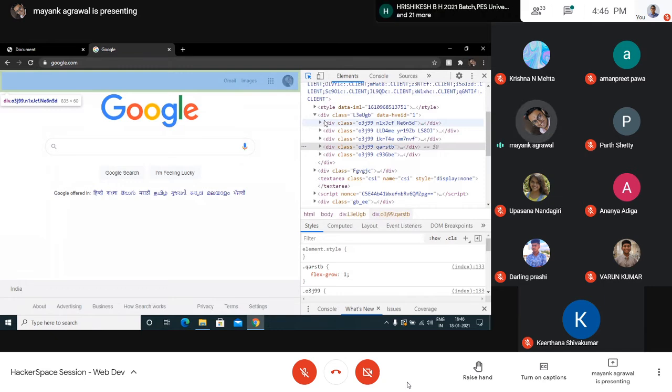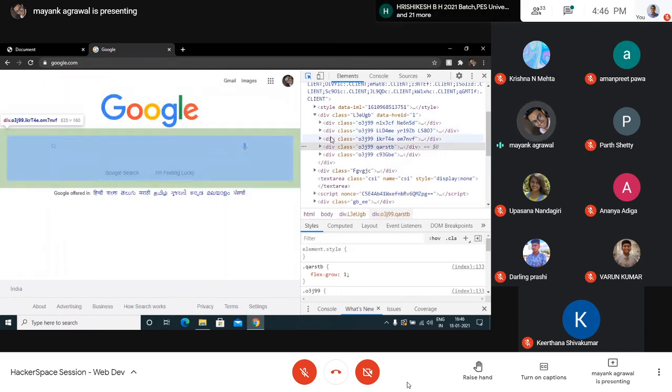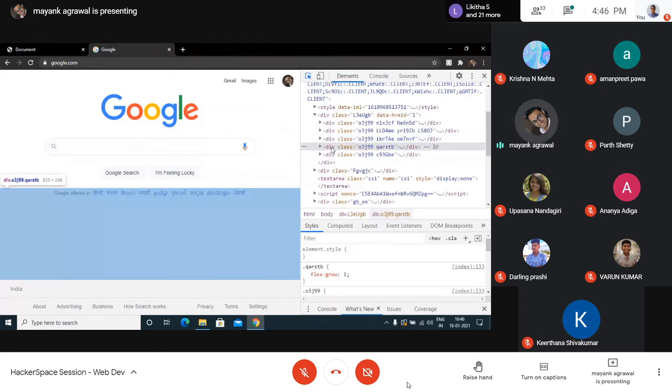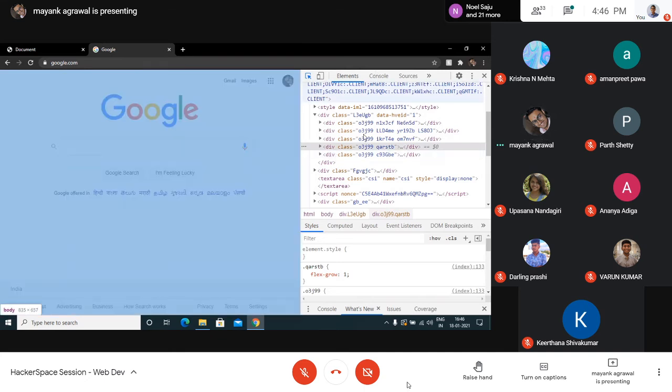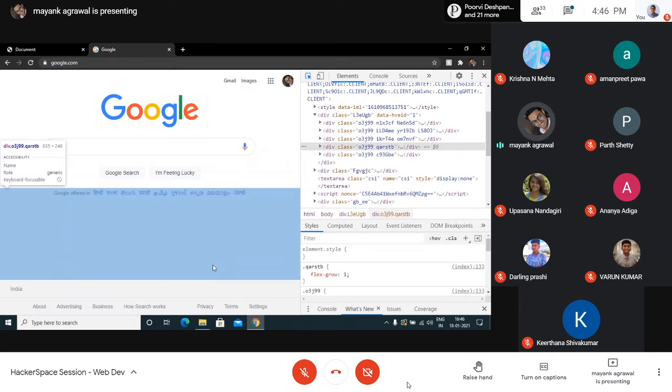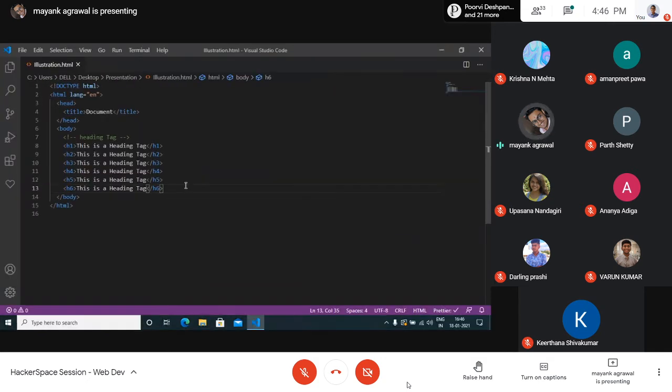There's one for the nav bar, one for the logo, one for the search bar, and so on, right? So websites are often divided into small divisions so that it's easier for developers to modify a particular div and check what is happening. So yeah, this is the division tag. For a division tag, it's nothing, we just add a div.